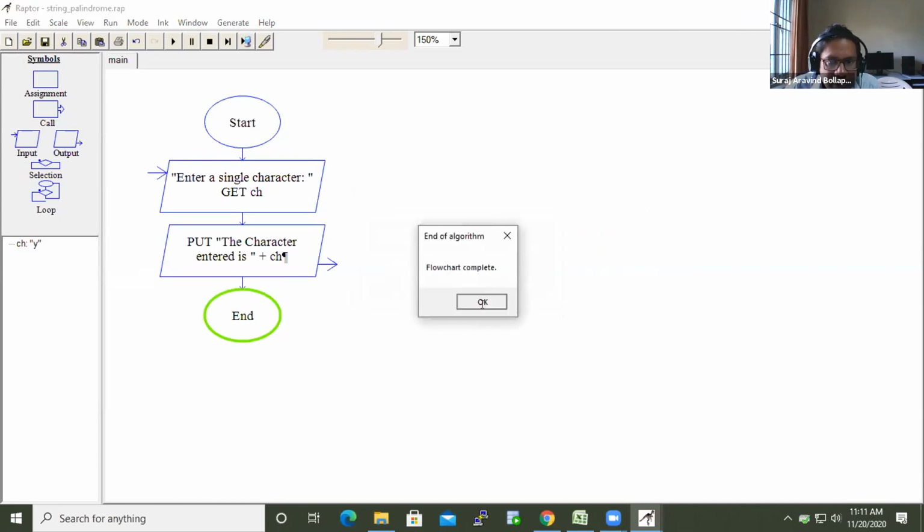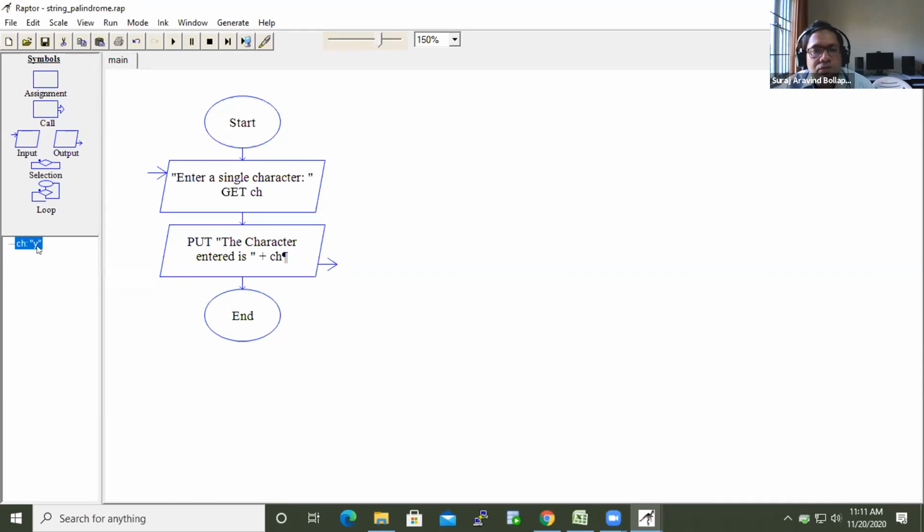It is treated under double quotes, character Y. So Raptor differentiates between a number and a character by putting double quotes for a character, and a number is without any double quotes.